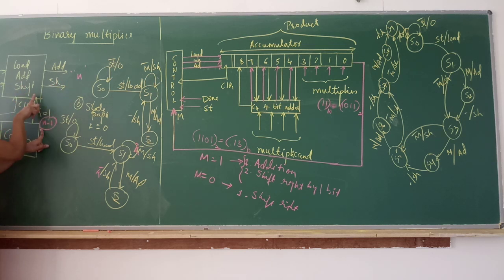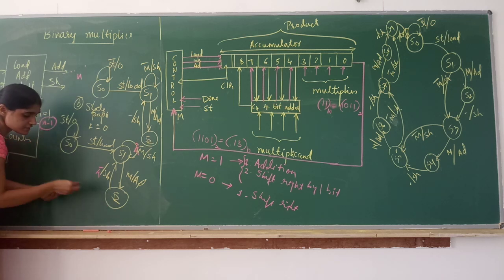So once k is equal to 1, the control unit will give out, depending on the value of m, either only shift, or both add and shift. So when k is equal to 1, if required, it will perform the final addition and final shift, or only the final shift operation depending on the value of m. So when n minus 1 shifts are completed, k will be equal to 1.